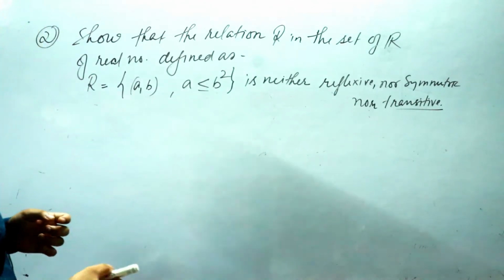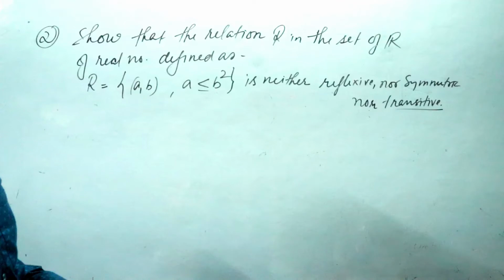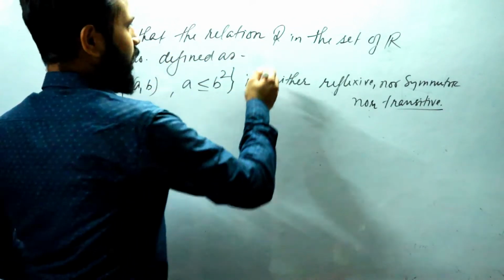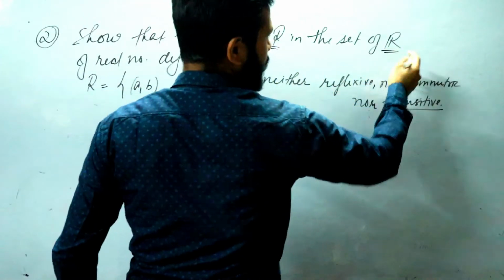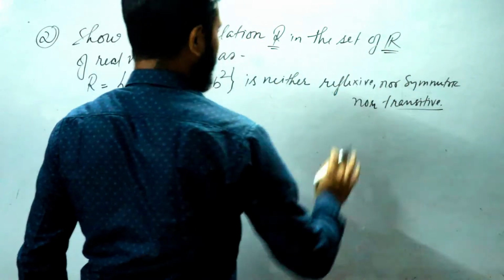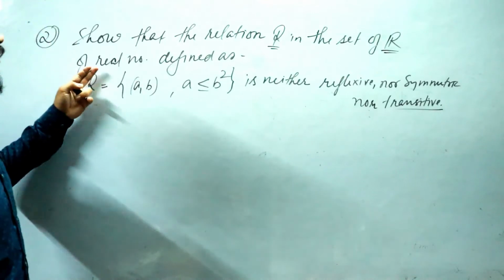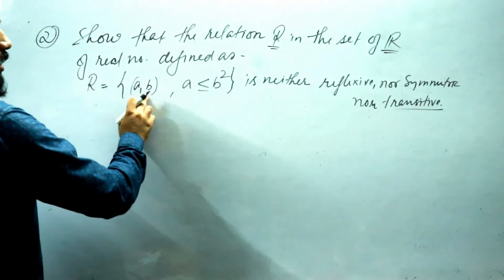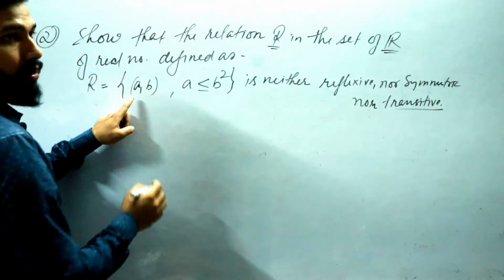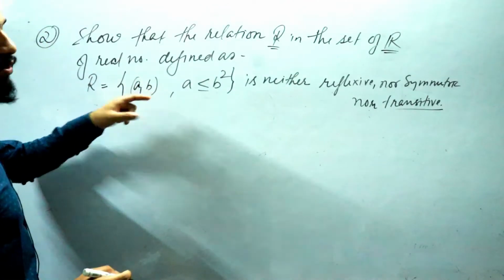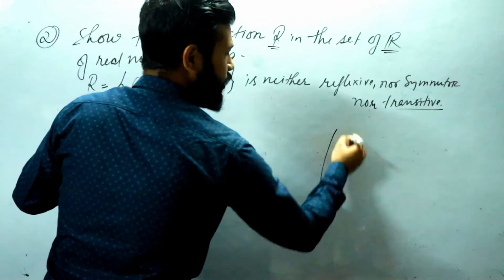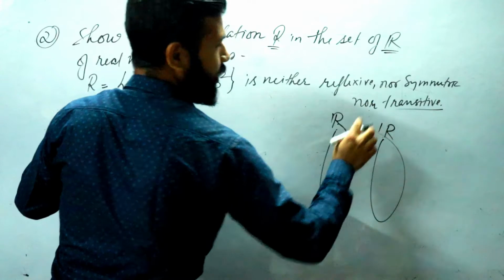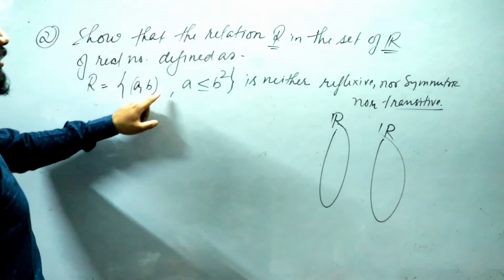You can see, question number 2 of exercise 1.1 is a very interesting and easy question. Show that the relation R in the set R, where this capital R represents the relation and the bold R represents the set of real numbers, is defined in this way: R is equal to A comma B, where A is an element of the domain and B is an element of the codomain. The relation is defined from R to R, so we can take any real number to another real number. The relation is defined in this way, such that